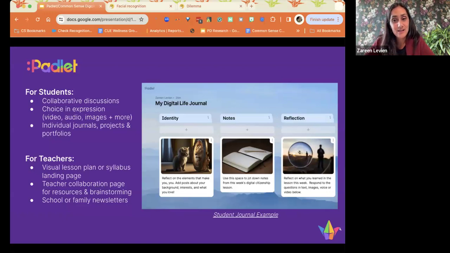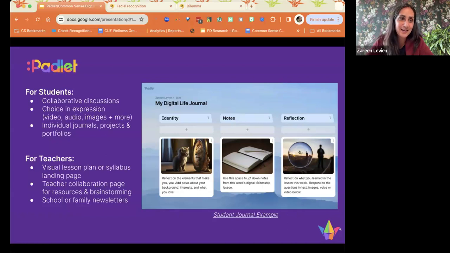Sometimes it's great to use Padlet for individual reflection too. That's what I linked in here: maybe you have a group discussion and some interactive work, and then students do a self-reflection where they think about their own thinking, and that's shared just with you. So you can use Padlet in all of those different ways.